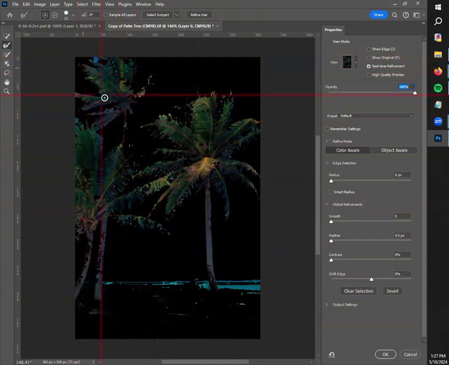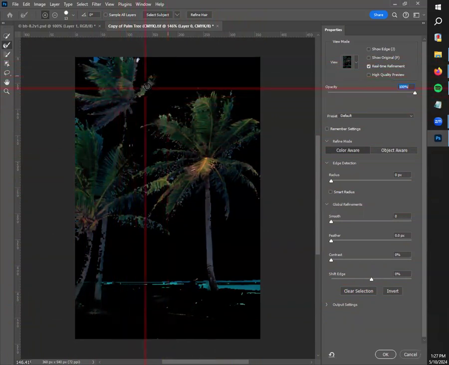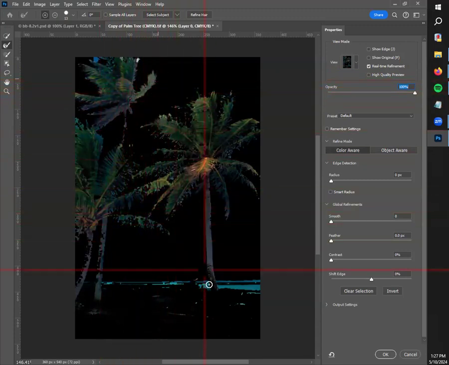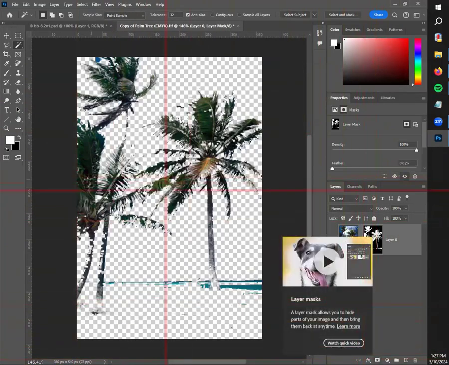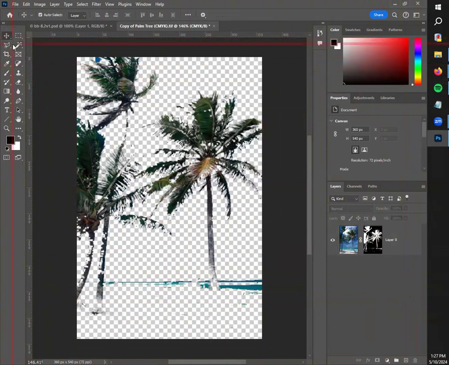So ideally, you want to go from high concentration of a certain color pixel, like the greens and the yellows here, to a low concentration around the outside edge, making for some equilibrium like you do in chemistry. So you can see there's a great example of it right there. It brought a lot of the special little frond details back in without including any of the blue from the background. So when I click OK, and then I make my mask, I'm missing out on some data here,